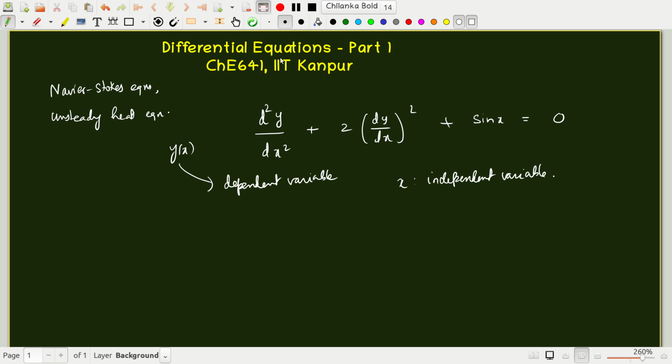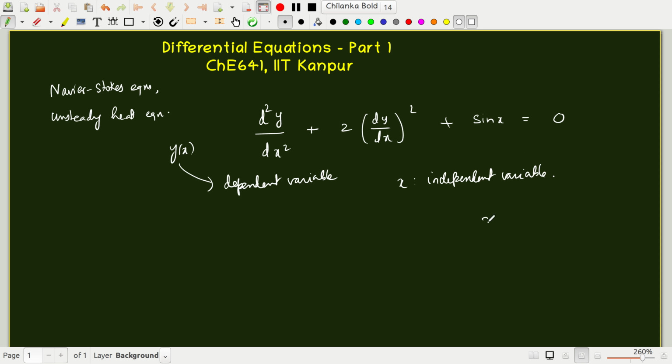Okay, so this is a relation connecting the second derivative of y with the square of the first derivative of y and a known function. So whichever function y of x that satisfies this is a solution to this equation. Like in the case of